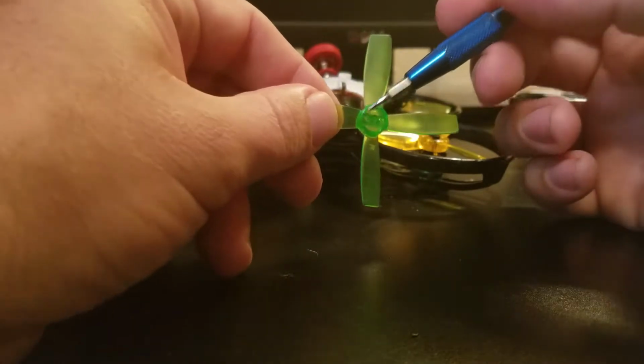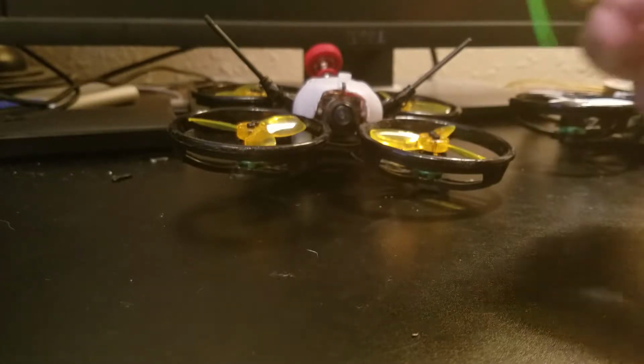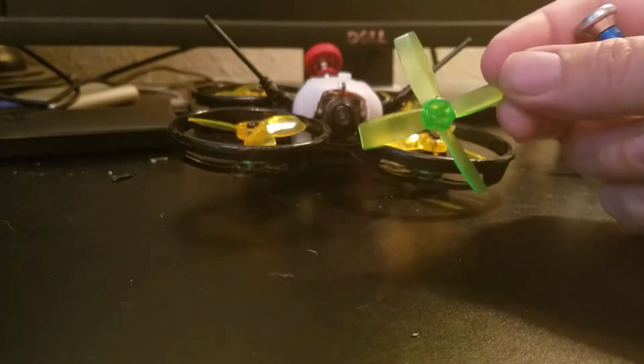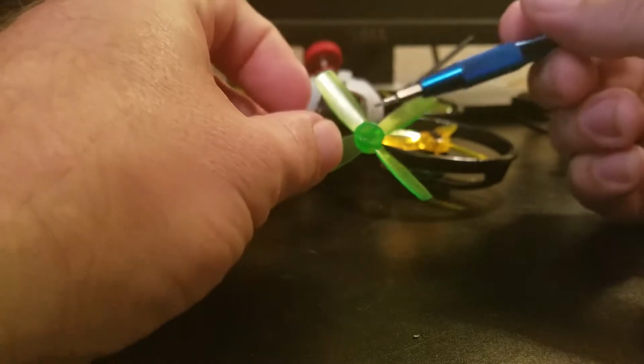2440s. I believe this is... hold on, I got it. Yeah, these are the 2435s. I'm sorry, I was drawing blanks. So yeah, 2435s, and the only guards you can put them with if you want to run guards with this